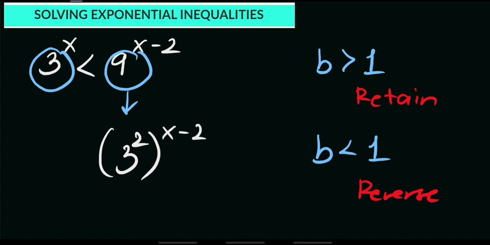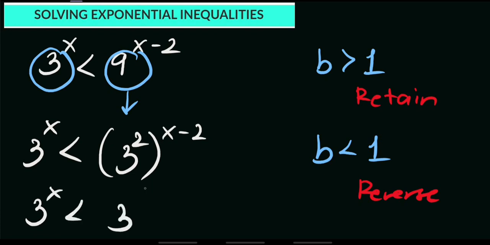Since naka-relate na natin siya, equate na natin siya sa ating kabilang expression which is 3 raised to x, and then copy the inequality symbol. Next, let's simplify this. Apply natin yung power rule, according sa laws of exponent natin. We have an exponent raised to another exponent, so kailangan natin sila pag-multiplyin. Therefore, we have 3 raised to x less than 3 raised to 2 times x minus 2. Now, since ito na yung step natin for equation,